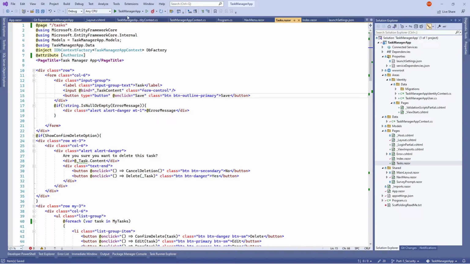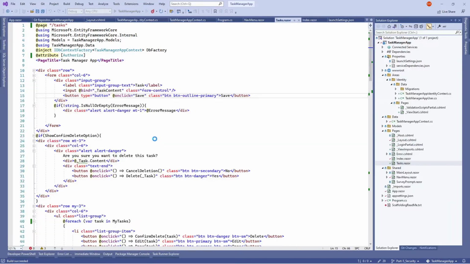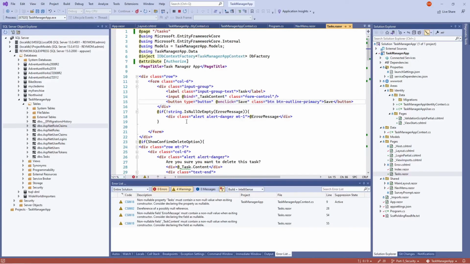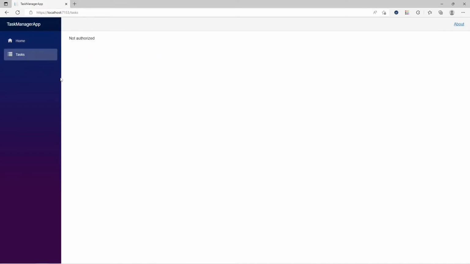Let's try running this one and hope that if we navigate to this page, we get restricted. Okay, so let's just click task. And now we are presented with the default not authorized message, which means that we have added security or restriction